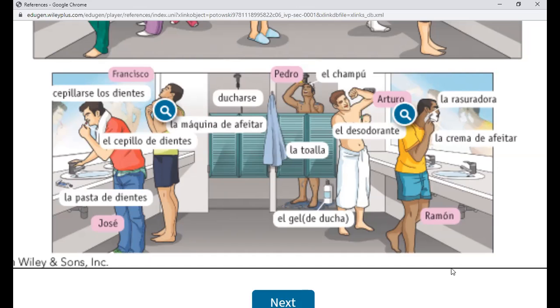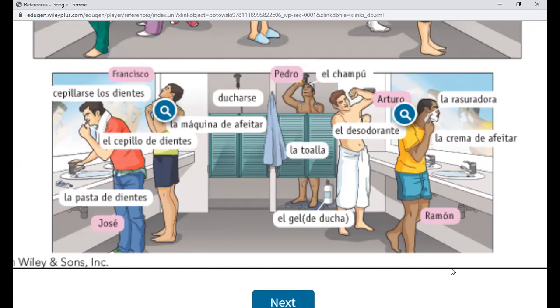I need a verb. Oh, yo me ducho. Yo me ducho. Muy bien, muy bien. Ducho. Yo me ducho. ¿Qué más? ¿Qué más? Después, yo me seco. Who's that, Anthony? Aaron. Go on. Show off. Muy bien.